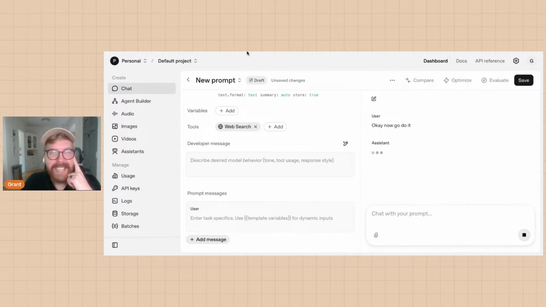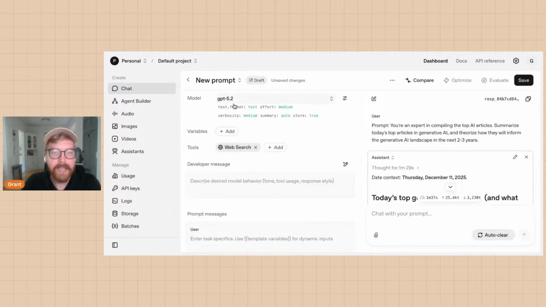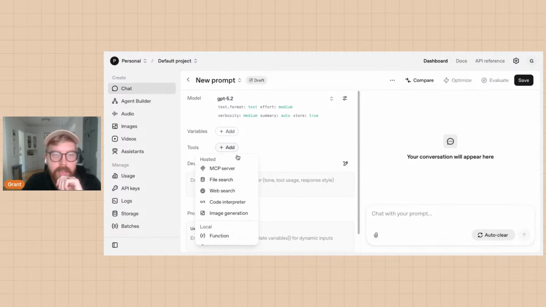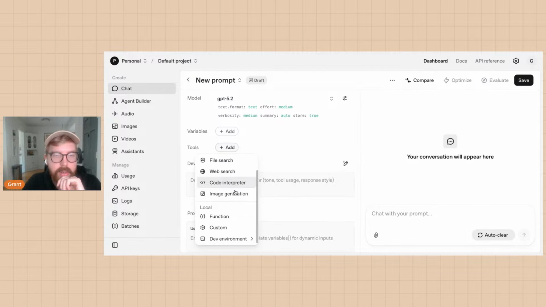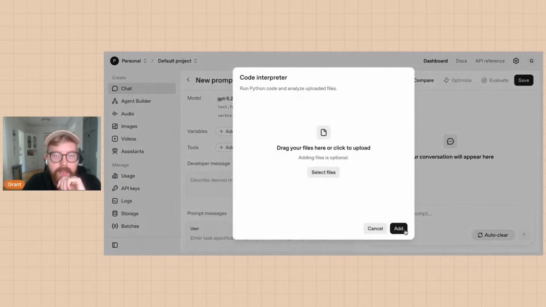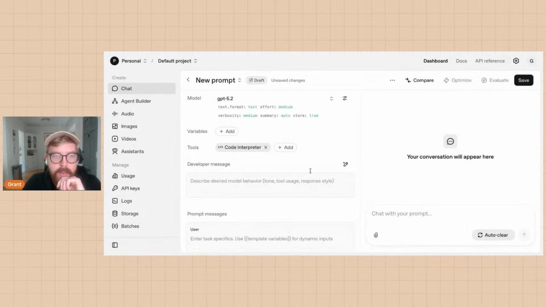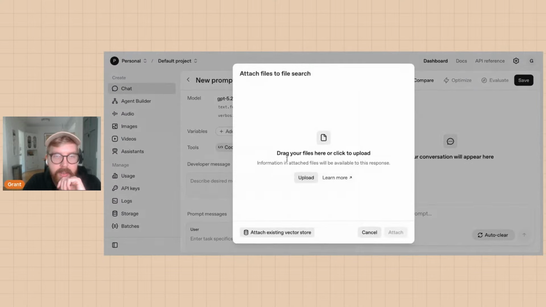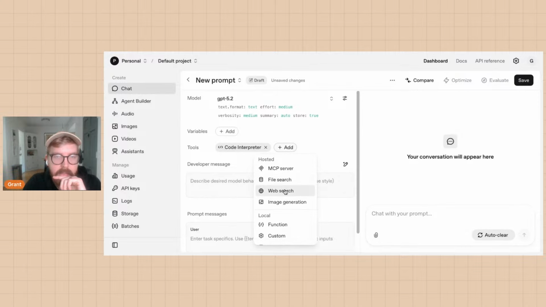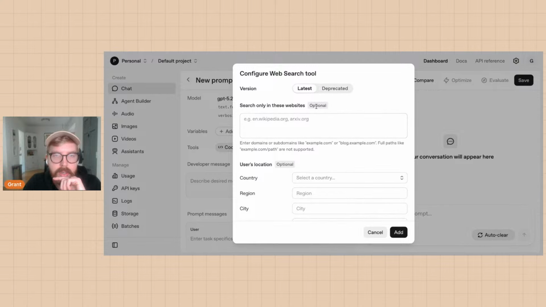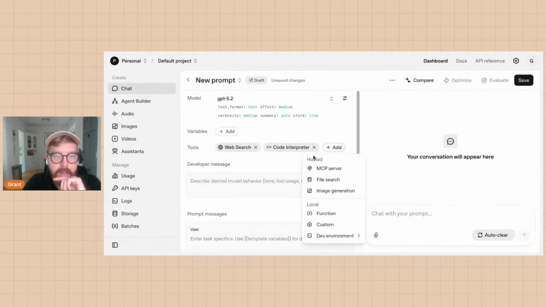See what happens. In the meantime, I thought of something else I want to test. So let's go back to this tab. We're going to refresh here. And I am going to use code interpreter. No, I'm not going to do any variables. I'm just going to give it web search. Can't do any connectors.